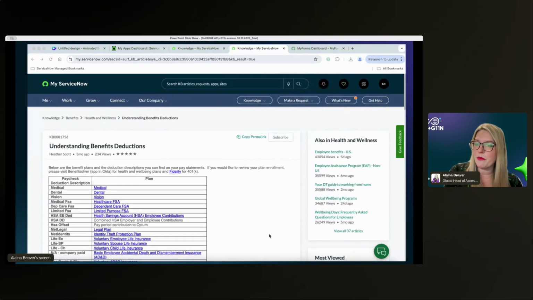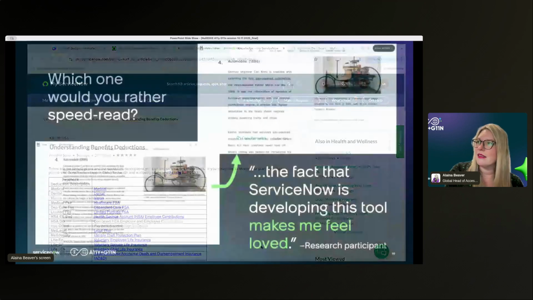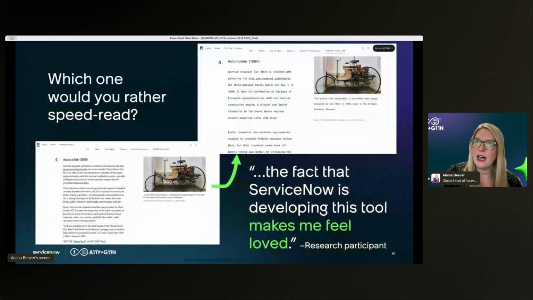So for me, the way that I think about this, let me go to this next slide here. I don't identify as neurodivergent personally, but I do identify as a full-time technology worker who sits and looks at a screen 8+ hours a day. And so which one would you rather screen read? Personally, I use Text Adjust just to alleviate some of my eye strain and just help me skim blocks of text faster. And as we engaged in research on developing this tool, we had a participant say,